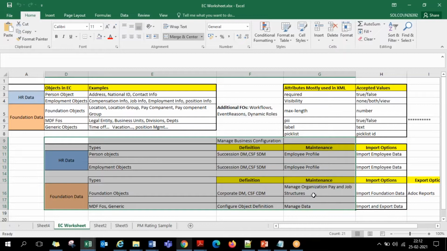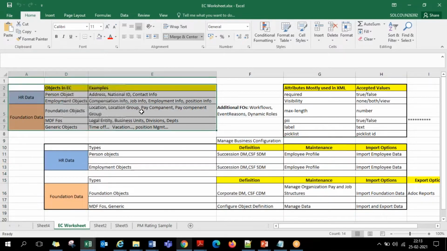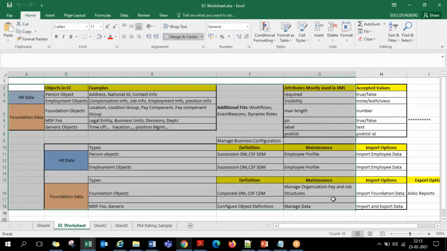This is where you are required to get used to the locations. Where should I navigate for which object? What is Configure Object Definition? What is Manage Data? For data creation, where do I go? For field definition, where do I go? Everything is consolidated here. Of course, this is confusing at the early stage, definitely, but it should not take more than 2 days for anybody. So this is where everything, the employee data related screens, foundation data related screens and their screen definition locations, is kept on one single page.